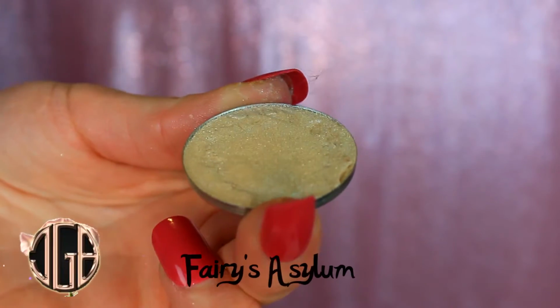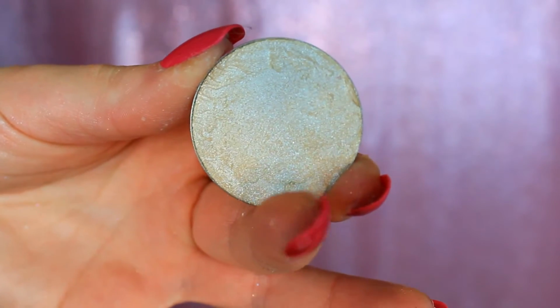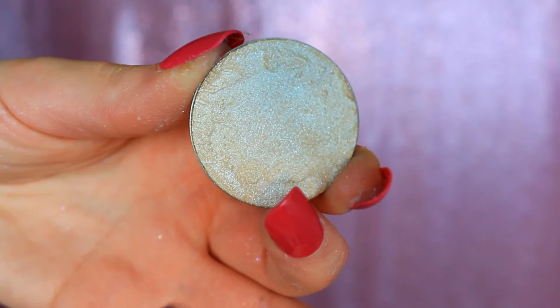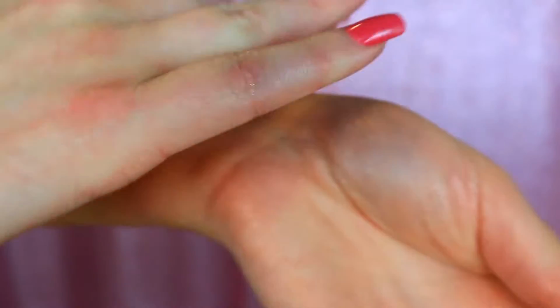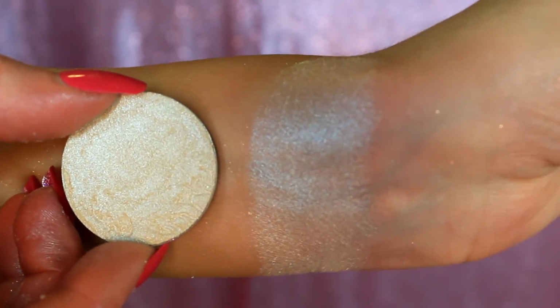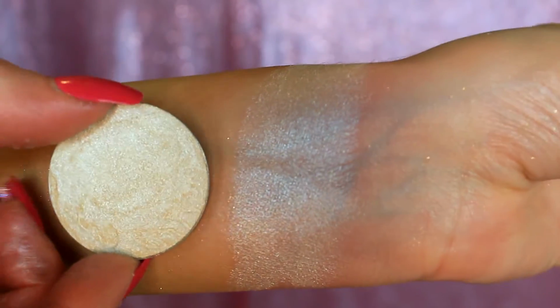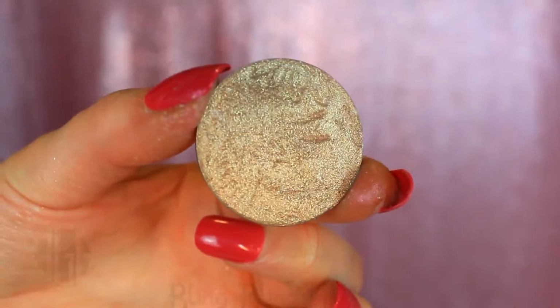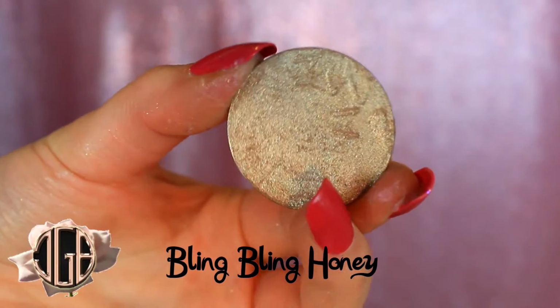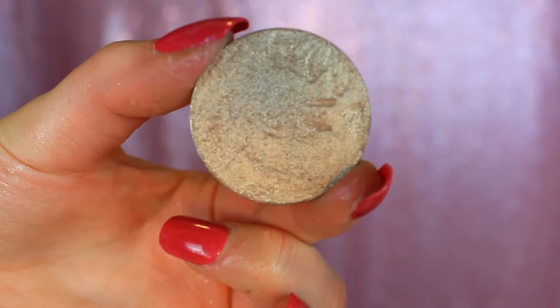So this is a highlighter from Touch of Glam. This is called Fairy's Asylum, and this is a pale white gold with an iridescent green shift. This is so beautiful as an inner corner highlight and a brow bone highlight. If you have ultra pale, super porcelain skin, I think this would be beautiful on you, or maybe even lighter skin as well. I think it would be really stunning as a face highlight. This is a little bit too stark for me, but I love it as an inner corner highlight. Lord knows that I love me a good, bright, in-your-face, stripper-esque from the 80s type inner corner highlight. I have quite a few highlighters from Touch of Glam, but I just wanted to show my two favorites here,